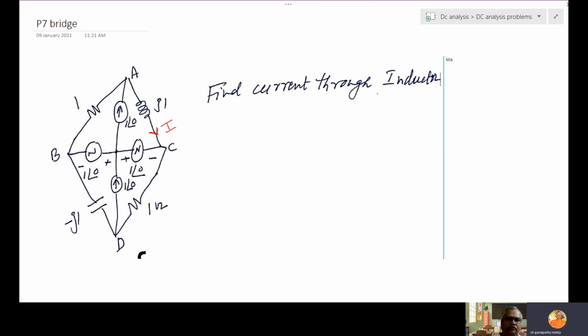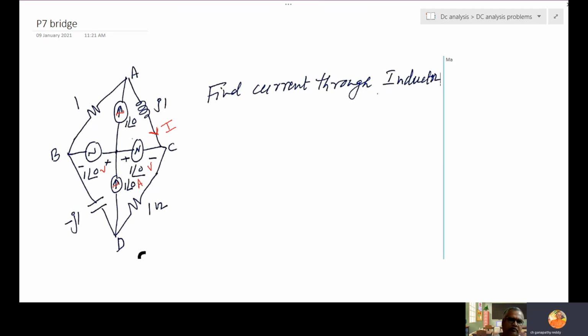One of angle 0, one of angle 0, they are the voltage sources. One of angle 0 is a current source. These are all AC current sources. These two are AC voltage sources. Now it is asking to find the current I. All sources are inside.